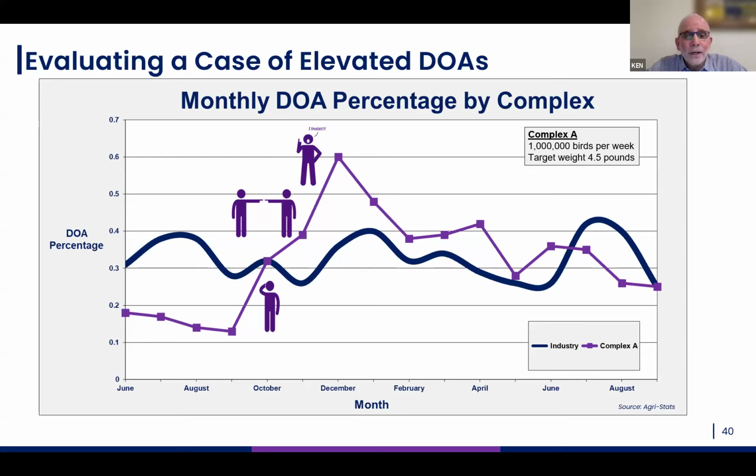The number continued to go up, and by November, we got into some pretty serious finger pointing between live operations and plant operations, as in were the DOAs occurring in lairage or unloading, or were they during catch and haul? We really weren't sure, but nobody wanted to take responsibility. And then finally, November, December-ish, upper management in the complex said, I don't care whose fault it is, you're going to fix it. And you can see that from that point, we got serious about it and the numbers began to fall, but still didn't go back below industry average until several months after that.